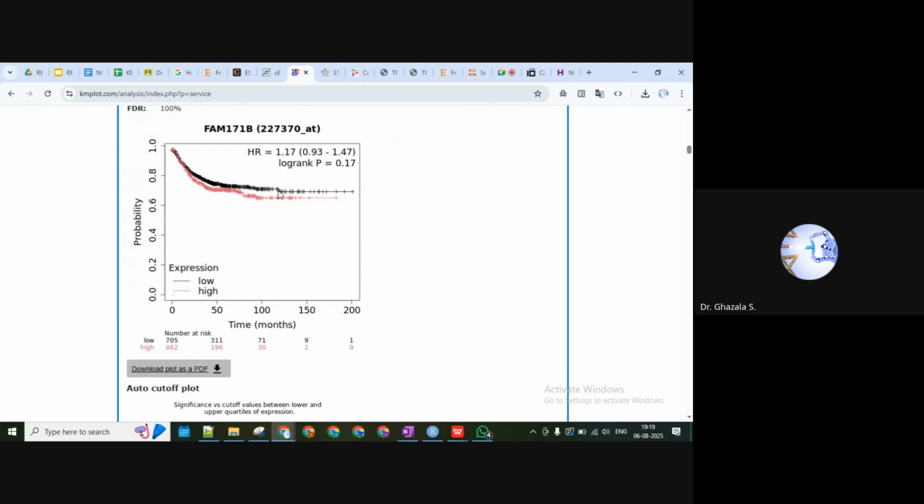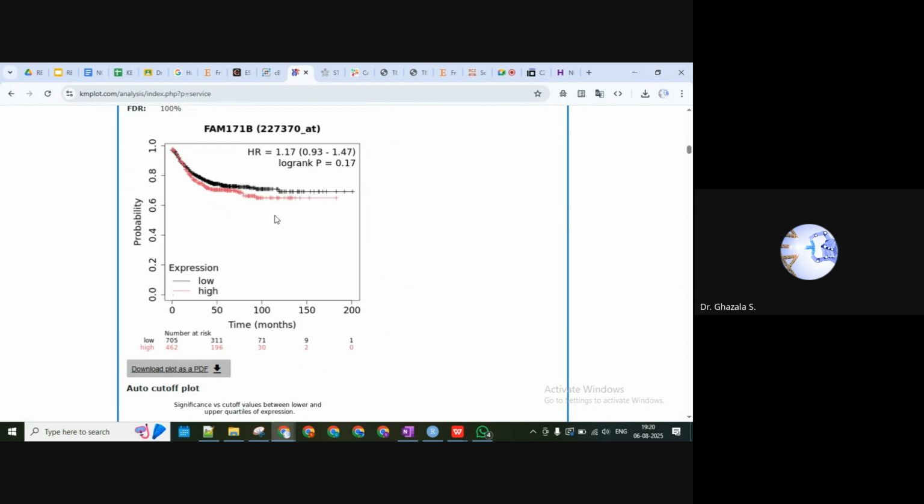Okay, so this is also not a predictive kind of gene, that is FAM. So you need to check in your list actually, every time you are checking, so you can download these PDFs for the survival plots, and keep all the survival plots for the novel genes on one slide, and for the other genes which are known on another slide, so that accordingly you can compare and filter out the most predictive genes which will be important to study for your type of analysis or for any kind of analysis.